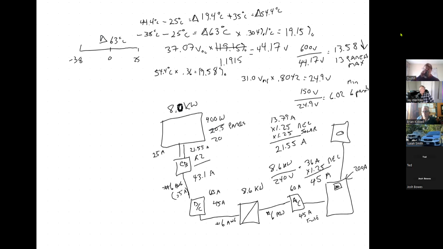So can I come in here with the load side connection? What size breaker would I need to connect to? Uh, 20 amp breakers? I don't know. No, it's 15 amp breakers. It's going to be a double pole breaker. It's going to have to be a 45 amp breaker, right? Because we're bringing in 45 amps of service. We round up to the next breaker, just like we did the fuse here. Well, it turns out 45, 45, that's fine. I could come in with a 45 amp breaker,